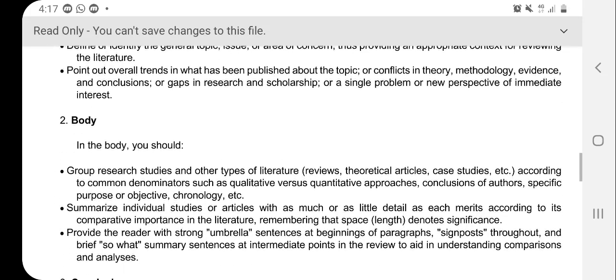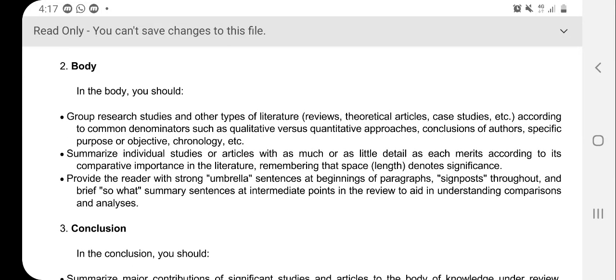Okay, the second section is the body section. So here I think you should prepare the table that I said earlier. The table is called literature metric. So you have chosen 6 articles, and then you prepare the literature metric, and then you put the table of literature metric in the body section here. After that, after you have put the table, you do this: group research studies and other